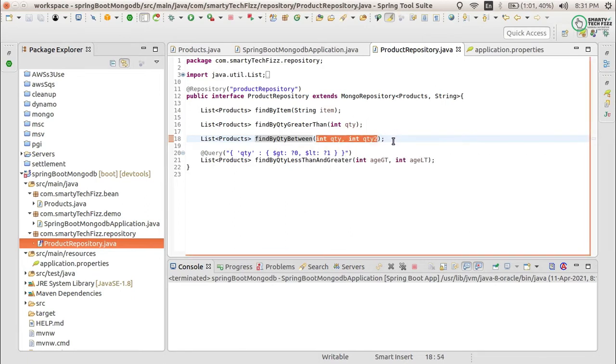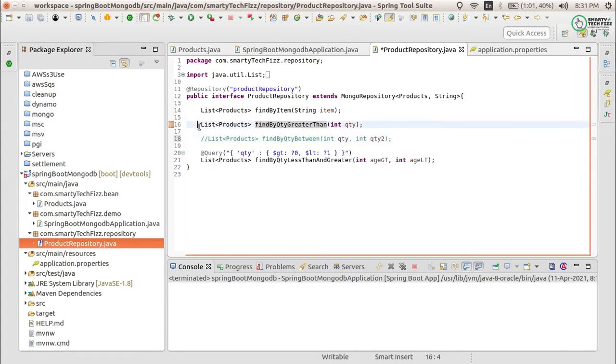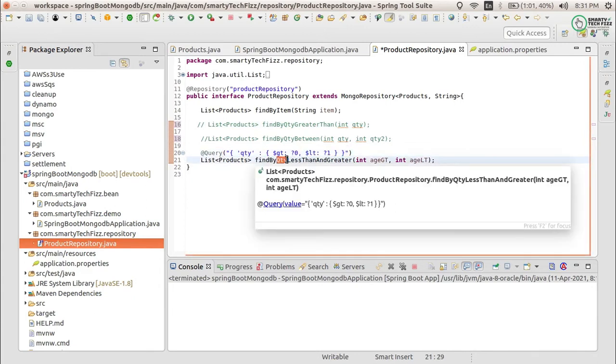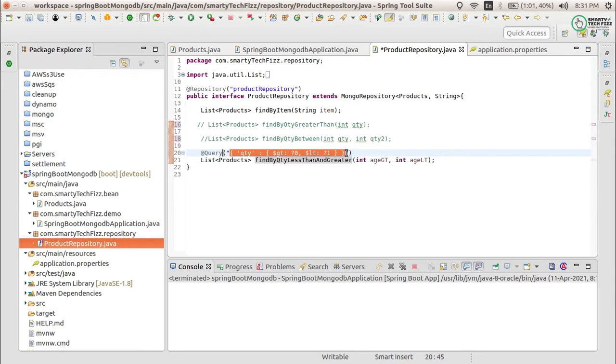Now there are certain queries which may not be supported by these types of functions, or maybe you don't have the knowledge, like maybe I don't know whether I can write like this or not, right? In that case, I can write the query here as well, like find by quantity having a value less than or greater than these inputs. So what I have done is, I have mentioned this method as the query. This is the same query which you can write on the Mongo shell, or the Mongo console, or the Mongo tool you may be using.